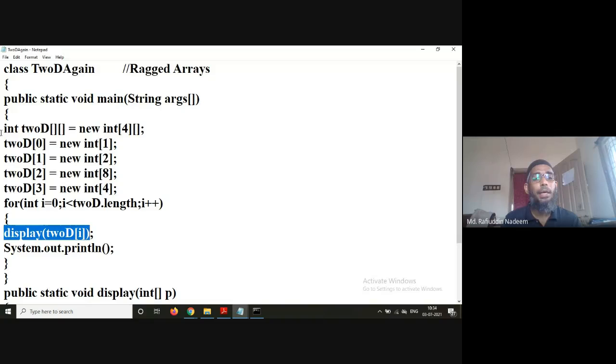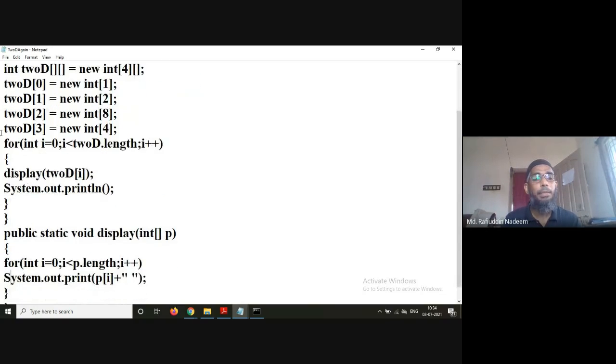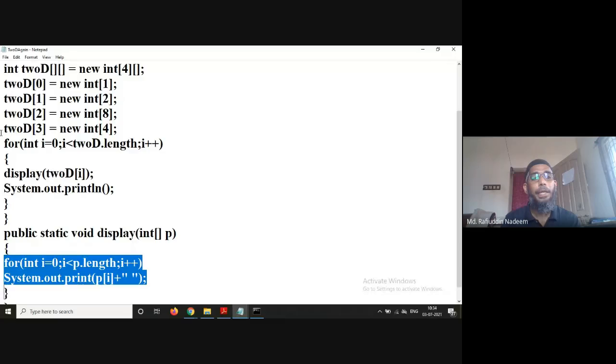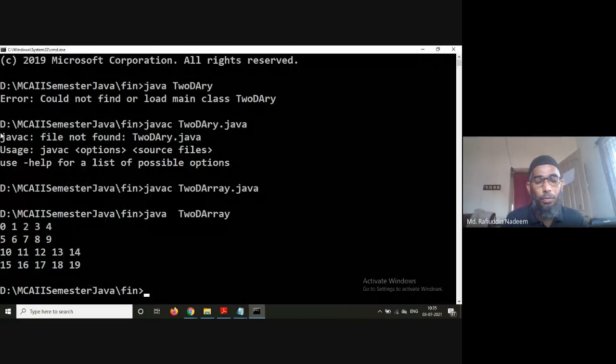Now I'm passing the array to a method. Each single dimensional array is passed to a method, and I am displaying it using p.length. What happens here is all zeros will be displayed. Just look at the example output of this program.